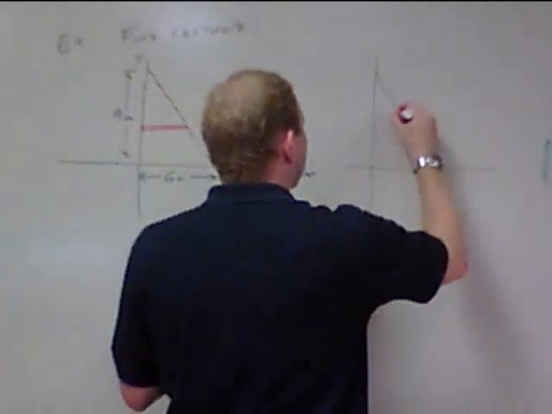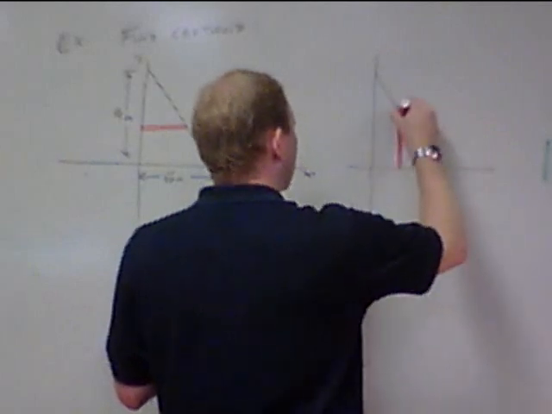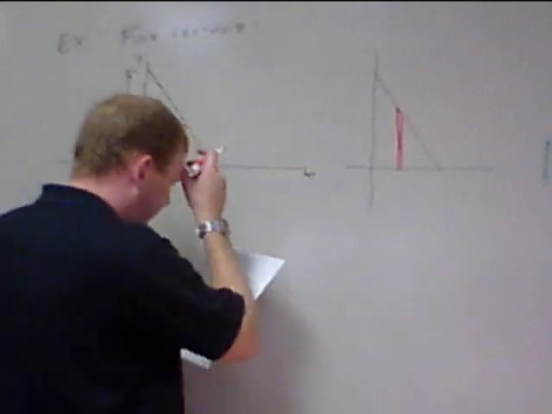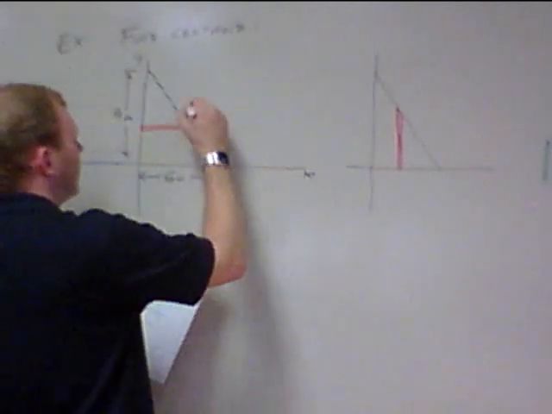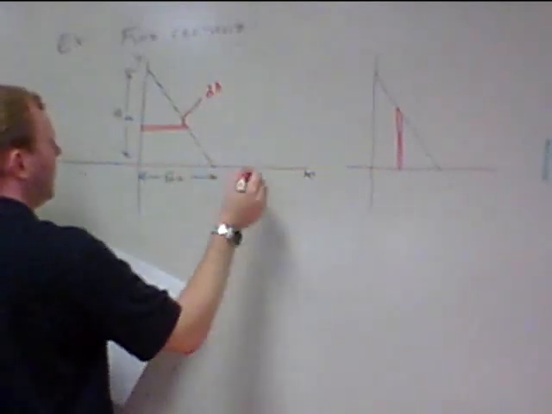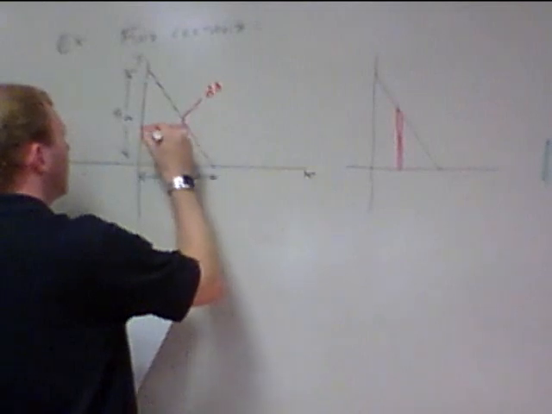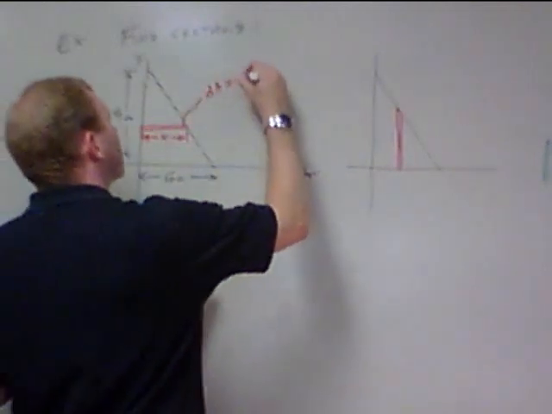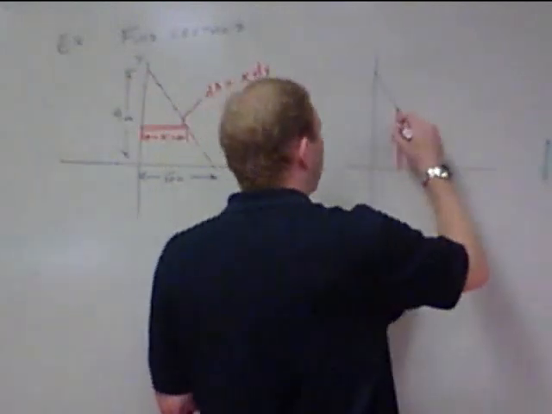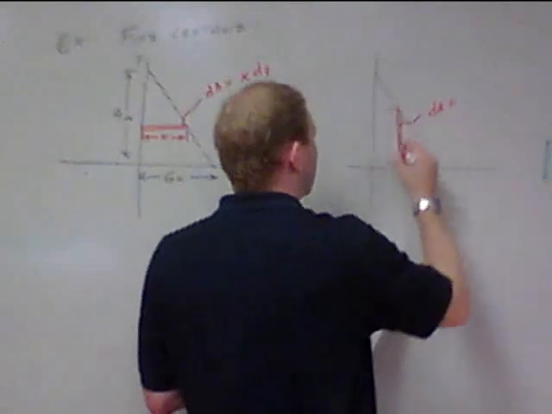I could use vertical slices. Okay, either way, we have these tiny little elements. This is dA, but we'll also notice that it's, in this case, equal to x dy. Over here, this element is dA, which is equal to